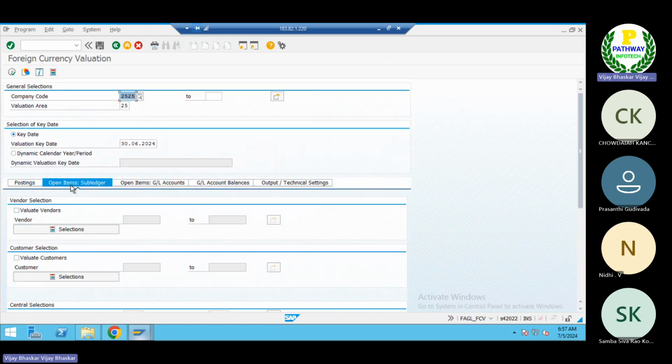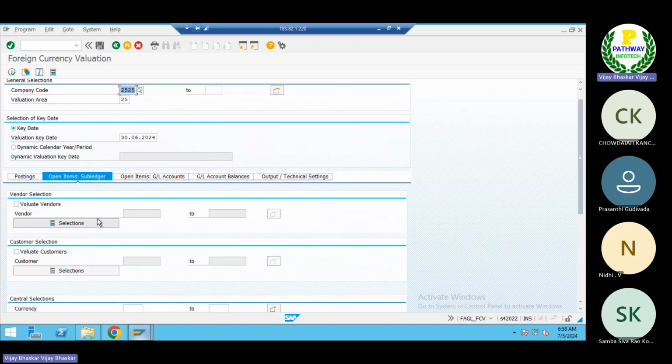Okay, just go to the open item subledger. The subledgers you can see here are nothing but your vendors and customers. In one place, no need to give multiple vendor accounts or multiple customer accounts.